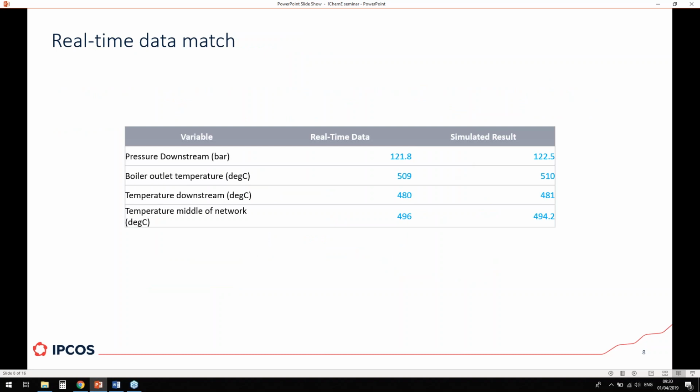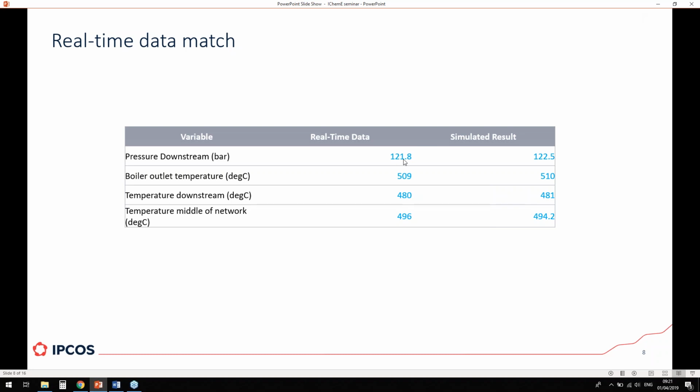So let's see, how did the data match? These are 4 very key variables that we had to check if they were in agreement with the real. And as you can see, the pressure downstream. Why is the pressure downstream a measure of how accurate the simulation was? Because the pressure control at this moment is done in the north. Basically, I call downstream south because it's the end of the network at the moment. Before installing the new boiler in south, the south part is the end of the network. So the pressure in the south section, let's say, the